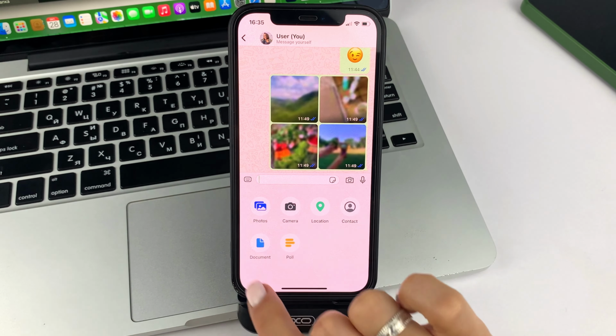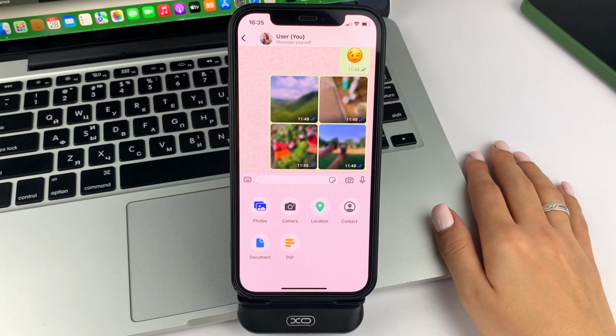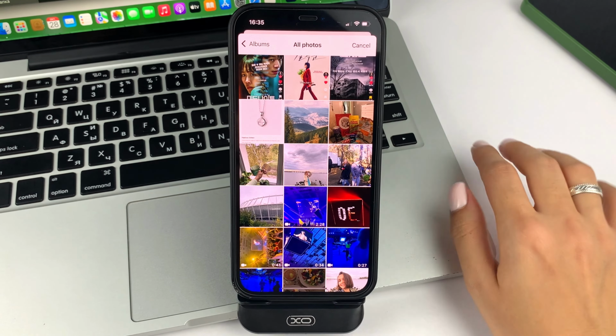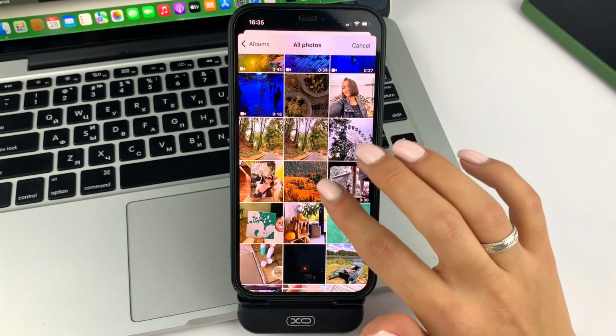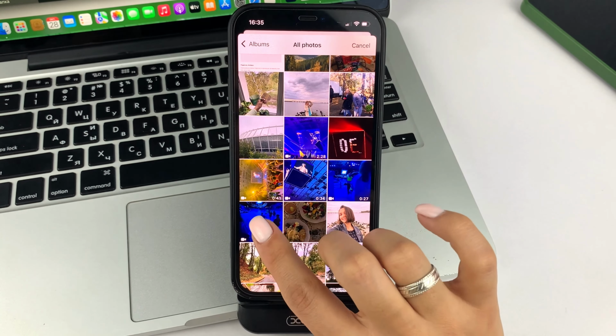Click on that plus sign and you'll see a little menu like this. From it, please select the photo option. And here you will just have to scroll through to find the video you want. Click on that video